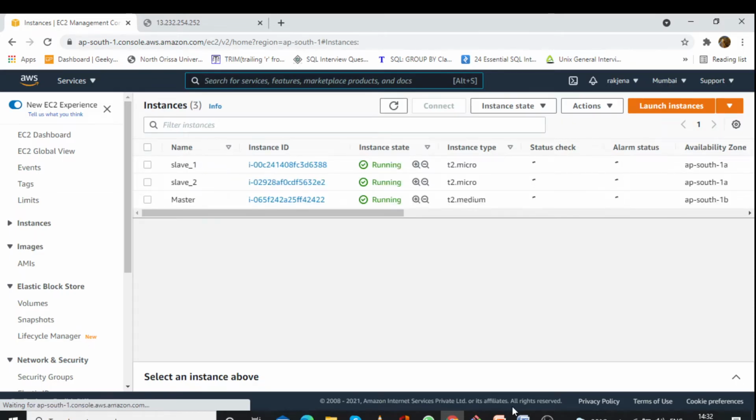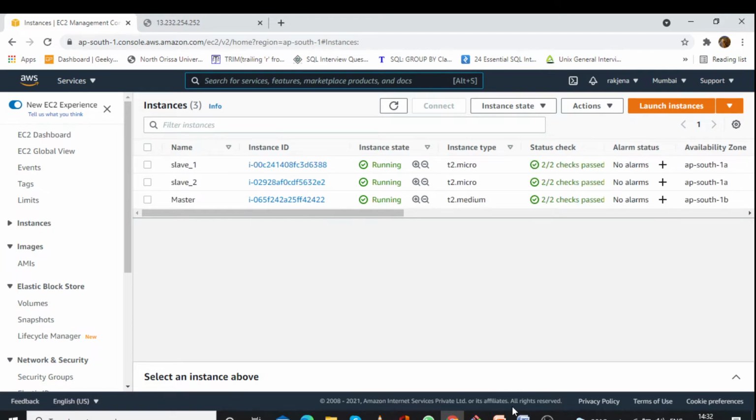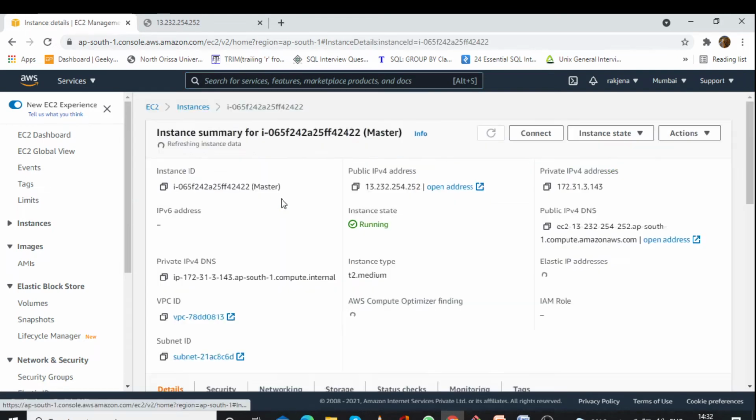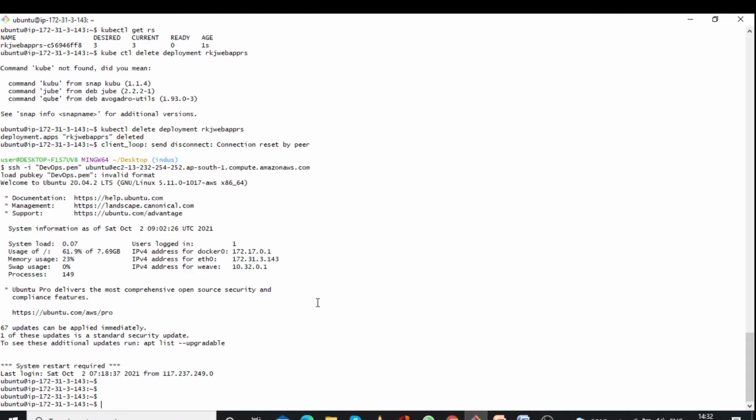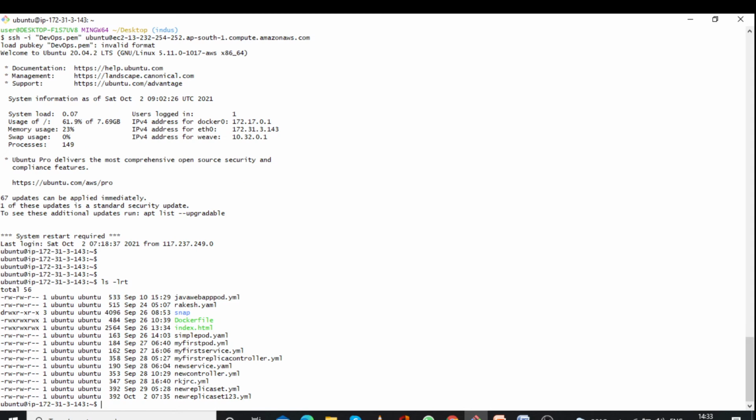I have one master machine and two slave machines. I have connected to the master machine through SSH. Okay. In our last session, we had created a replica set YML.